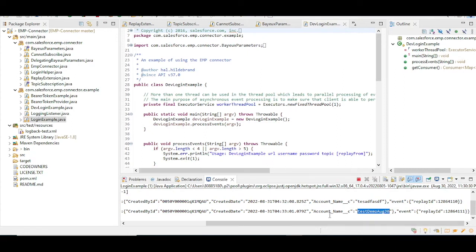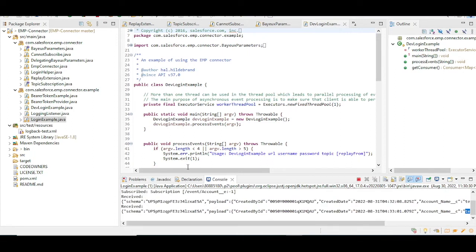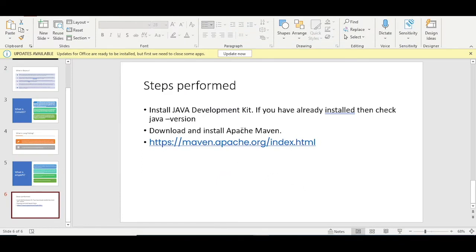So now we can retrieve this information, and this Java application is connected with the Salesforce event, and on any platform event publish, the payload or message will be received on the Java application. The same thing can be done for change data capture or push topic as well as generic event. The steps I basically performed to do this CometD subscription: I first installed the Java development kit,